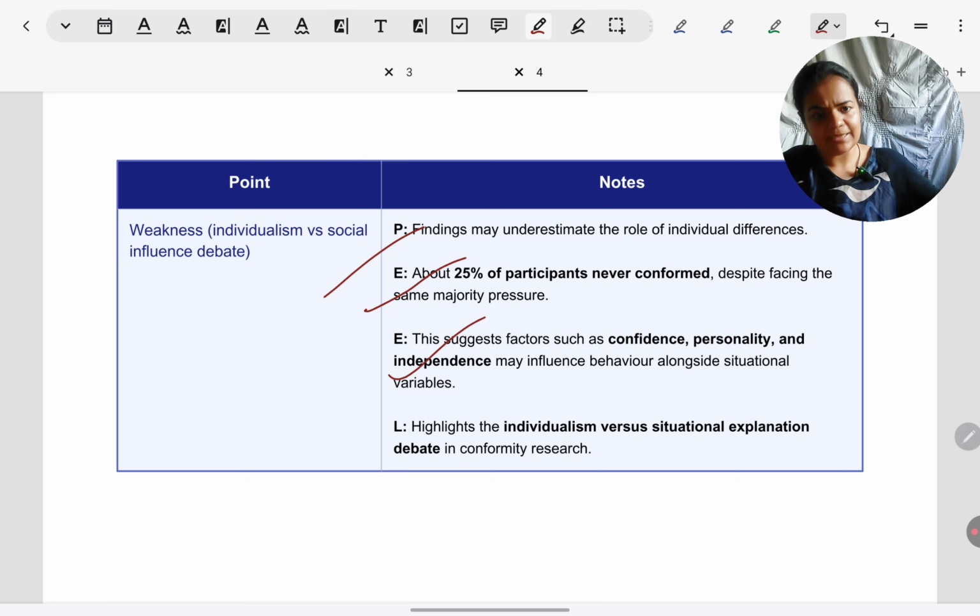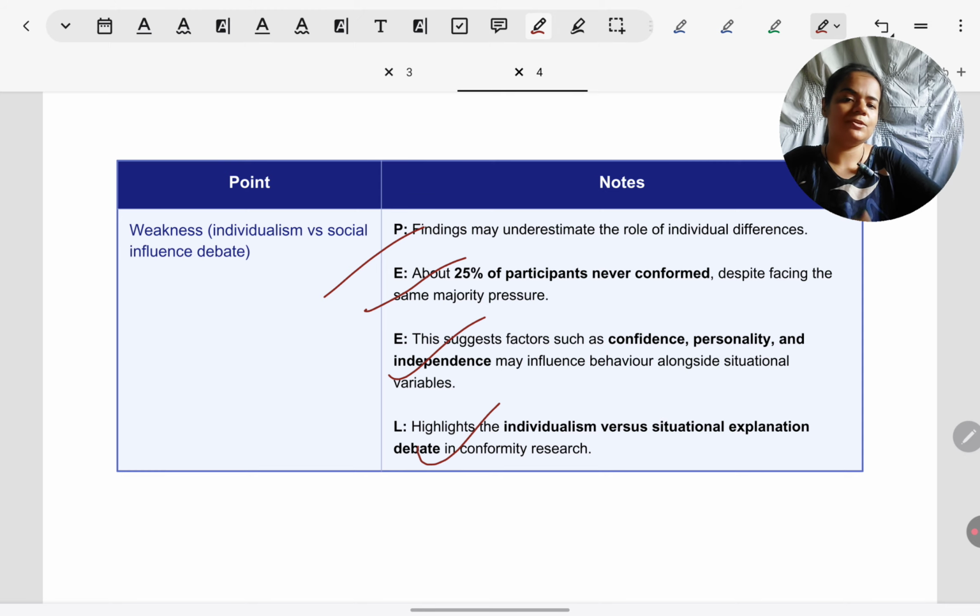Let's say unanimity is a factor, but what if the person who is facing this unanimity is very confident, very outspoken, very assertive? It wouldn't matter to them. Even if unitedly other people were giving a wrong answer, they would still have the confidence to give the right answer. So we need to account for such personality factors. We will look at one personality factor, locus of control, a little later. After 2-3 lessons, it will come up. That can be added as an example here. Or in the previous section, I gave you need for affiliation. The previous lesson, you can revise that, and that can also apply here. That would make people more conforming, regardless of the situation.